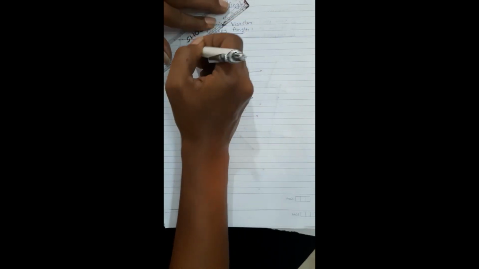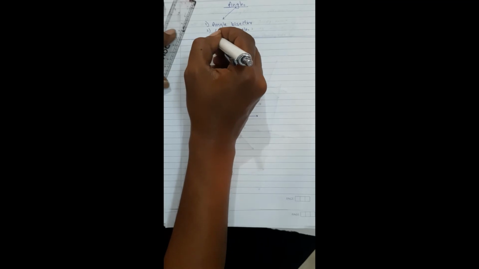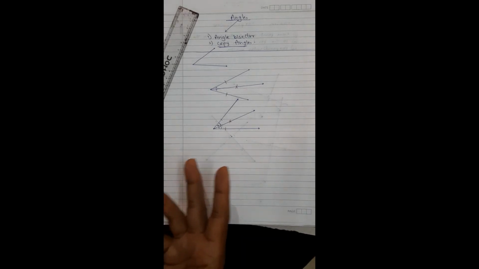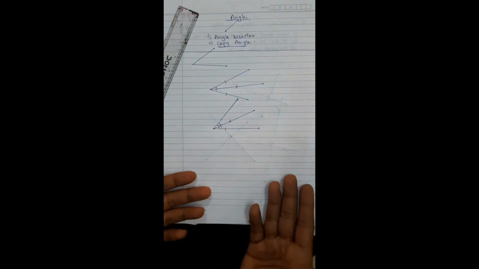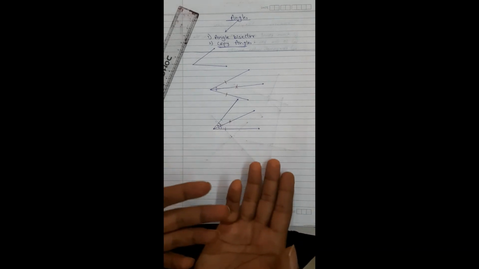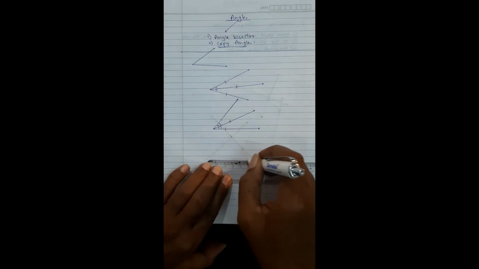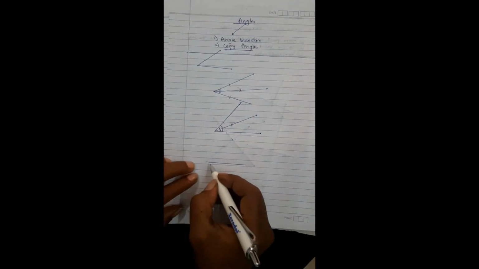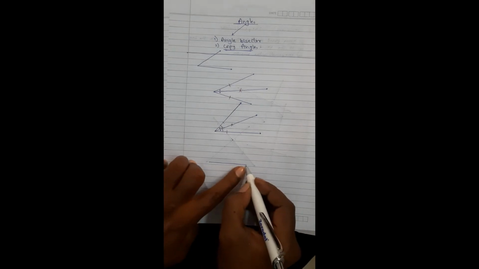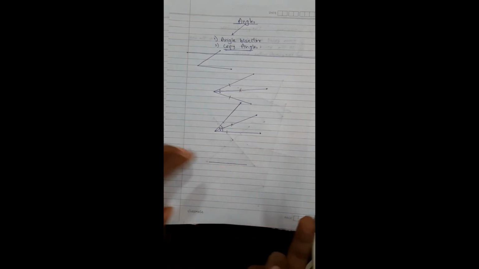Okay, this is my convenient angle. Now I have taken it according to my convenience, but when you are having a figure, that figure can have any angle over there. I have to copy this angle to some other place. I don't know where I will be required to copy that angle. But supposing I have to copy it on this segment. I have got one more segment. I have to copy over here, at this point. I may copy it in the middle, I may copy it anywhere, wherever I have to copy it.